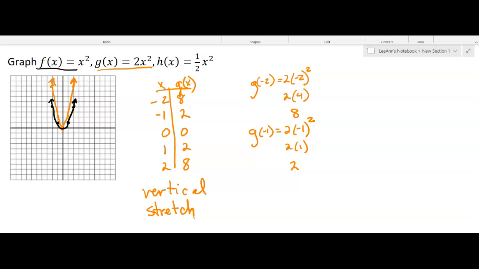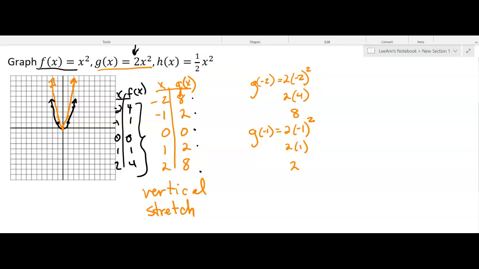It's like you took each of your x values. Let me do this real quick. I didn't do this before, but the original table of values, that we've done before, is -2, 4, -1, 1, 0, 0, 1, 1, 2, 4. And then you multiplied all of those by 2. And that's how you got the 8, the 2, the 0, the 2, and the 8. Okay? So that's what happens. If you have a number here, and then there's a little thing I have to say in a minute, but in this case, we have a 2. It stretched the